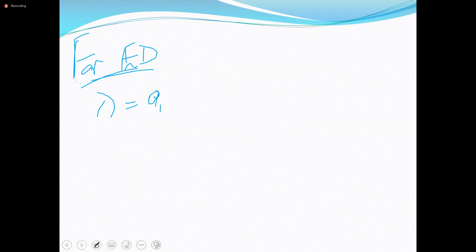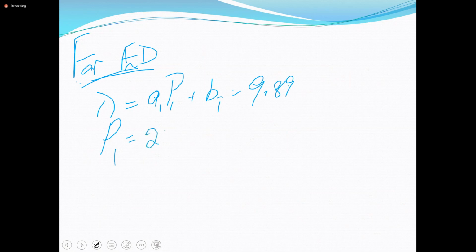For economic dispatch, lambda is equal to A1 P1 plus B1, which of course is now equal to $9.89. So you rearrange, you get P1 to be equal to 236.25